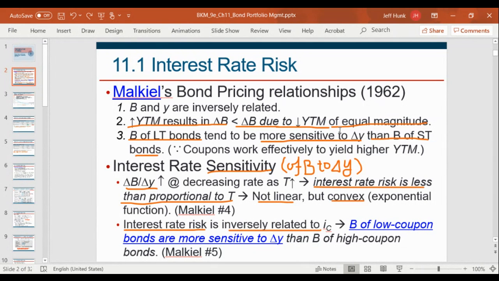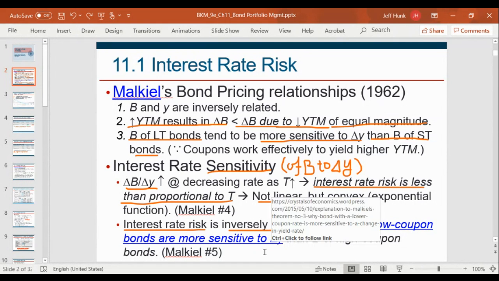That's from the bondholder's perspective. That's what you can do. So basically, we need to understand how the bond price changes